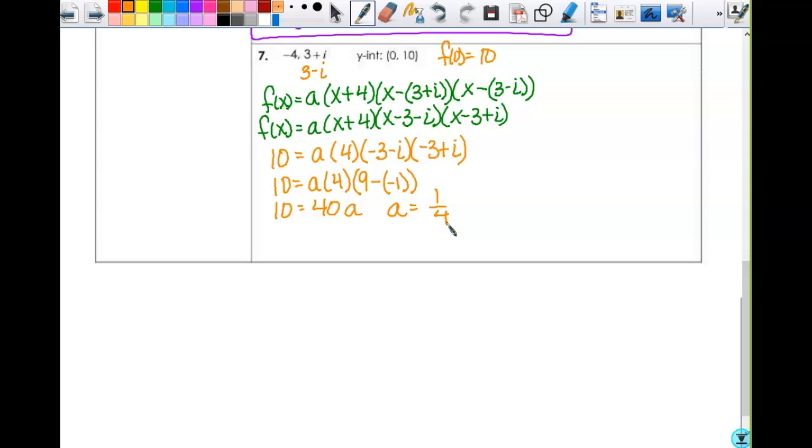And then you can rewrite it with your a using either one of the green ones. I would use the second one because it has less parentheses. So f of x equals